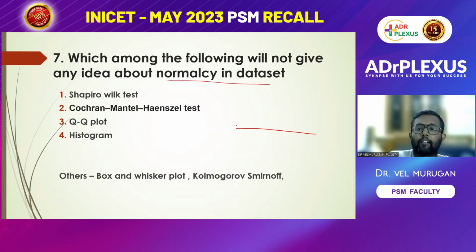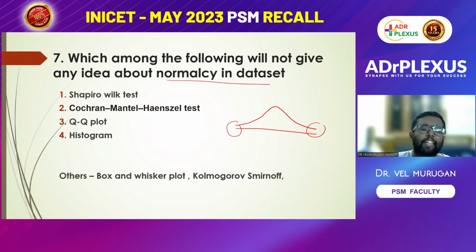If I draw a curve, then most of the students will be around the middle average mark. Some students may have scored very less, some very high. This is called a normal distribution. Anything which forms this bell-shaped curve is called a normal distribution. So you are measuring something, a mark or height or weight in a class. You want to know whether it is normally distributed or not.